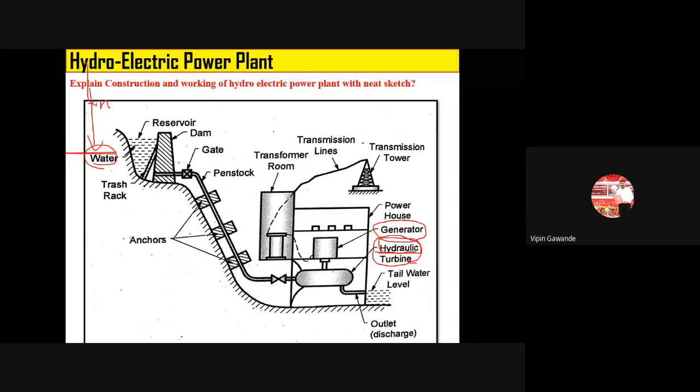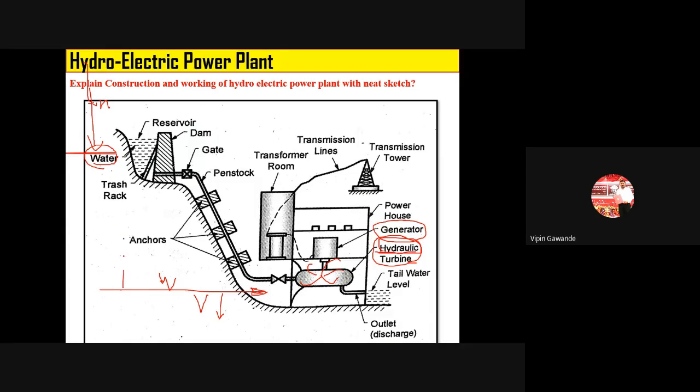This hydraulic turbine also has blades. What is the basic principle? We have to rotate the blades of the hydraulic turbine, which is connected with the generator, and because of the rotation it will generate electricity. So how will we rotate these blades using water? Suppose we supply the water on the same level, it will not rotate the blades of the turbine because it has very low velocity.